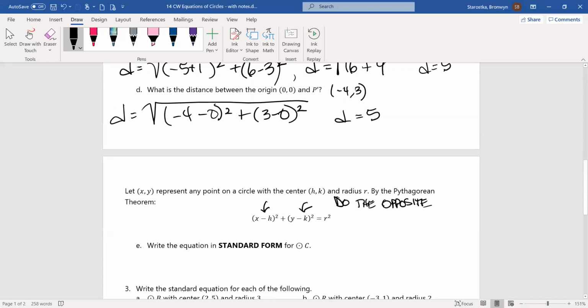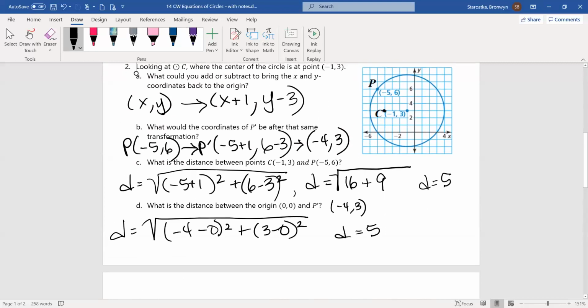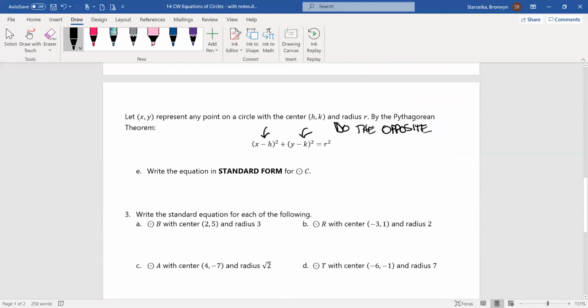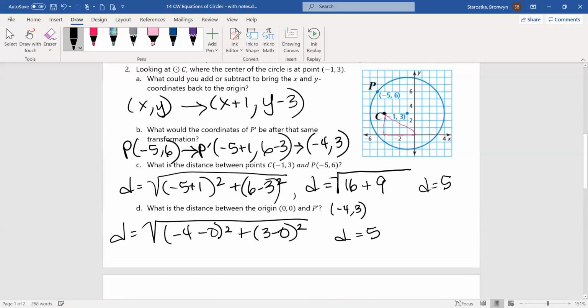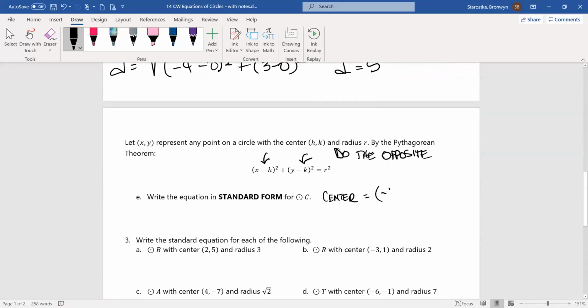So, circle C, let's go back up and see circle C. Circle C has a radius of 5. And I know that because we use the distance formula, but we can also see that that's a 3, 4, 5 circle if we drew it out. So the center is negative 1, 3, and our radius equals 5. So if we were going to write this,